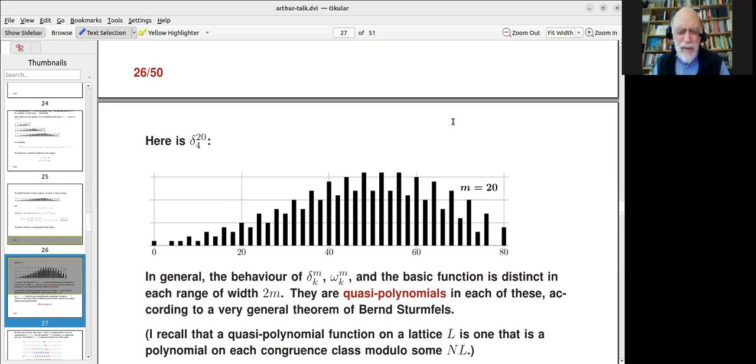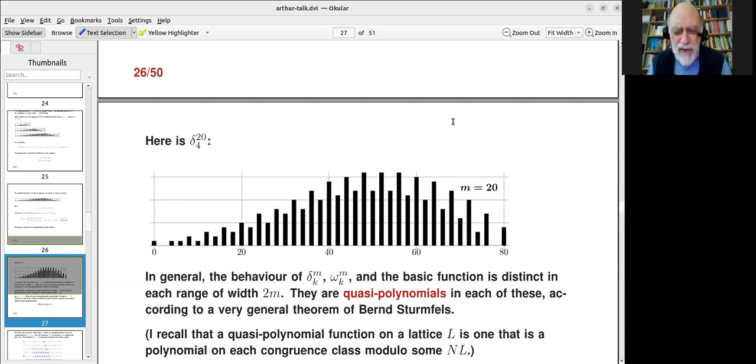If I look at sigma 4 and its symmetric 20th power, then the equivalent bar graph looks like this, which is decidedly more bizarre. What happens, however, is not too bad. If I take m larger and larger, and you can sort of see a pattern approaching, then I get something which approximates a piecewise polynomial function. And that's, again, something which occurs in general. In fact, the formula for